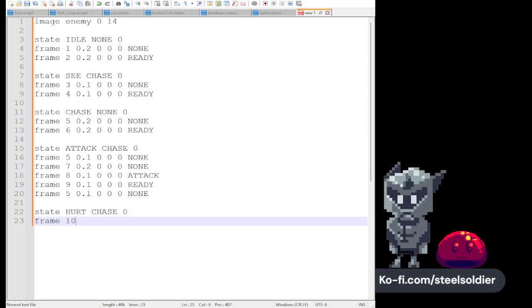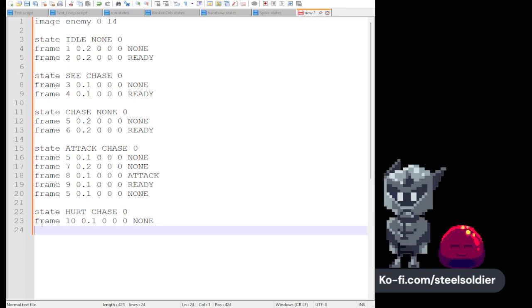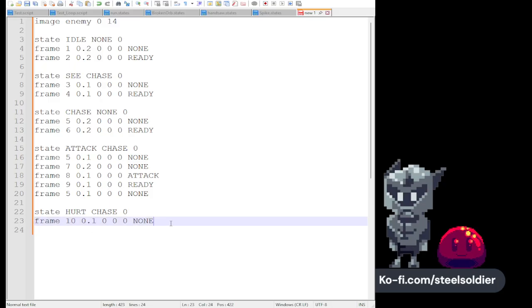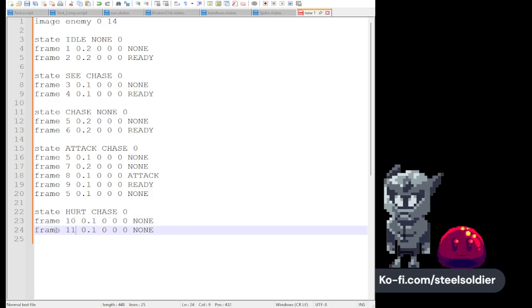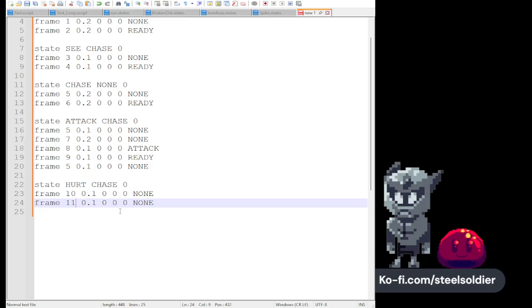So let's suppose that there's 2 different frames for when the enemy gets hurt. So let's say that there's only 2 frames, like these ones. But then, and this is where things can get a bit more complicated, let's make the assumption that you have different weapons in the game, and different weapons cause the enemy to get stunned for different amounts of time. The way that he would do this